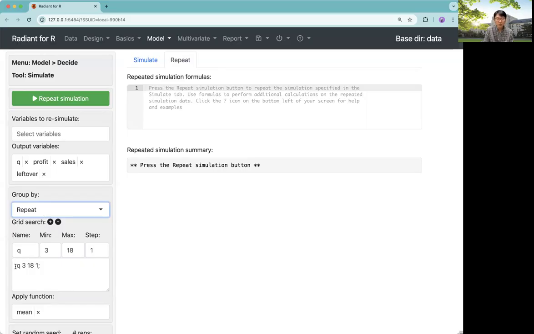And here you are going to find what kind of range you are going to use for repeat. So in our case, we are going to use this Q from 3 to 18 so that we can look at